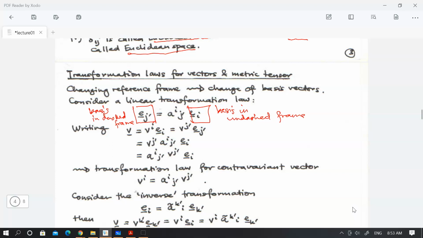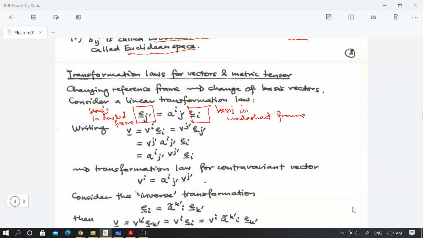You can change the basis in a way where you rotate it, right? So in other words, this will be a rotation matrix. Once we know how to do this with respect to the basis, then we should be able to know what happens to the